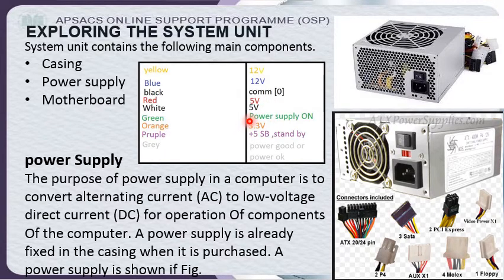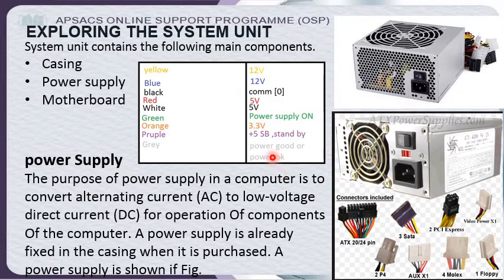Here, if you see, one separate green line is there, which is used to turn on your power supply. Whenever you want to turn on your power supply without a motherboard, you put a connector from any black wire to the green point where the port is available. So just cross that. Take one wire, put one side of the wire in a black connector and put the other side of the wire in a green connector. So automatically your power supply will turn on.